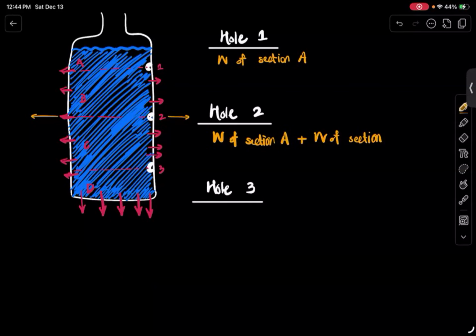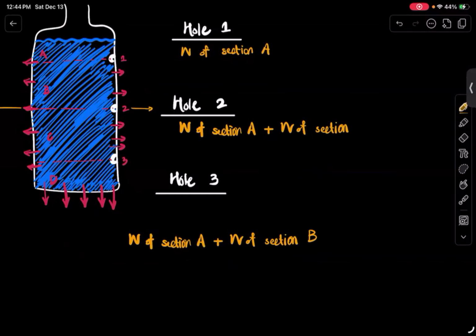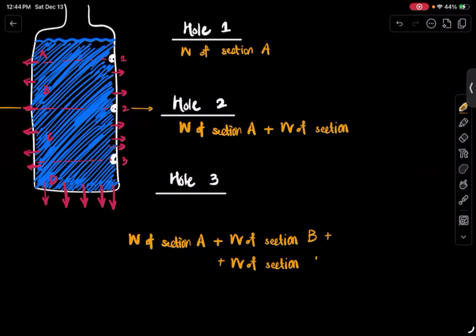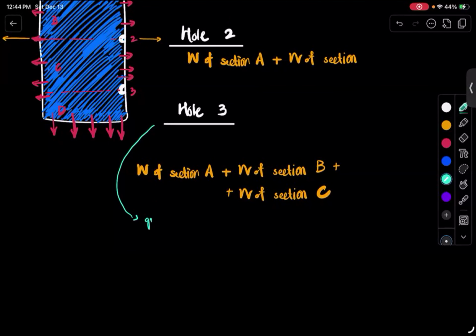Why is hole 3 having the strongest stream? Because it has not just the weight of section A, not just the weight of section B, but it is withstanding the weight of 3 sections, right? 3 chunks of water, if you want to call it chunks or whatever, right? So that means C is going to get the greatest amount of force, due to the weight of all